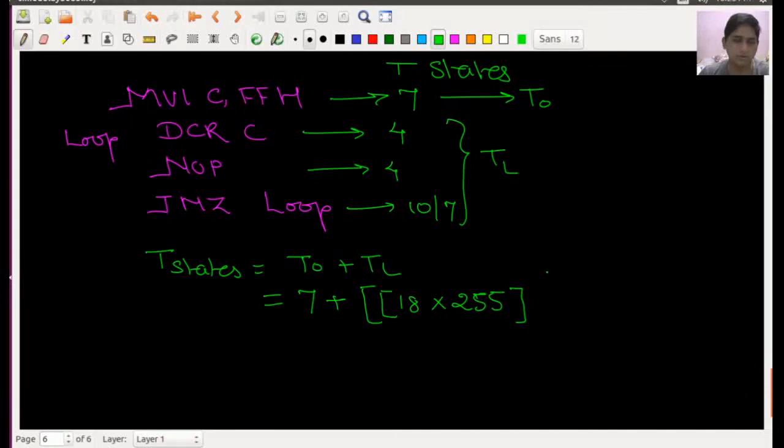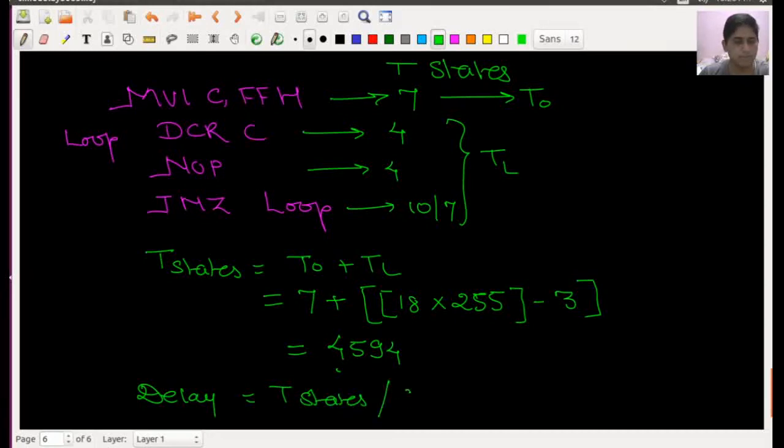It is not required that you take the maximum, but I am showing you the maximum count value. Minus 3, so it will come to about 4594.